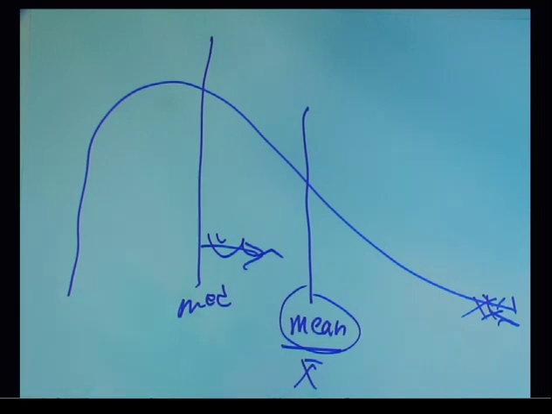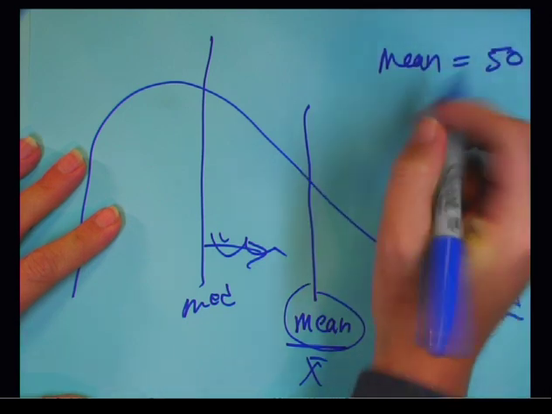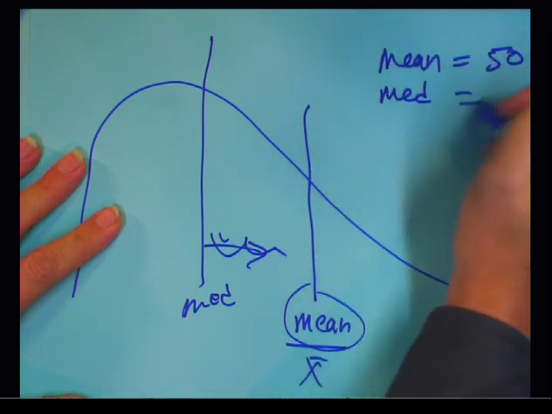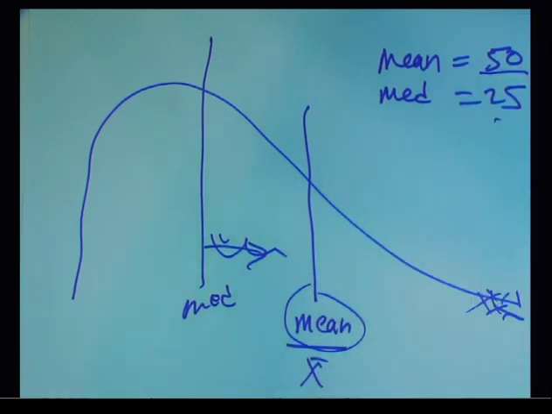So if I just told you I had a mean of 50 and a median of 25, you wouldn't even have to see this data set. You would automatically know the mean is higher than the median. You must have outliers that are high, or to the right,